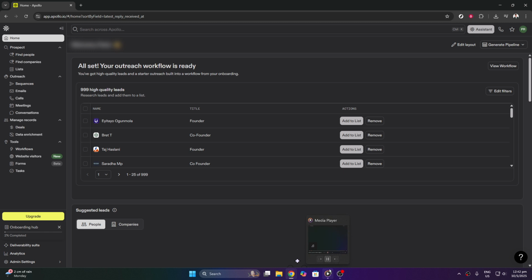Finally, wrap up your journey with Apollo.io by exploring the Website Visitors feature. Here, you'll gain insights into who's visiting your site, offering valuable data for lead generation. Also, don't forget to check out Forms and Tasks, which can help gather information from prospects and manage your daily duties efficiently. By following these steps, you'll be well on your way to mastering Apollo.io and boosting your